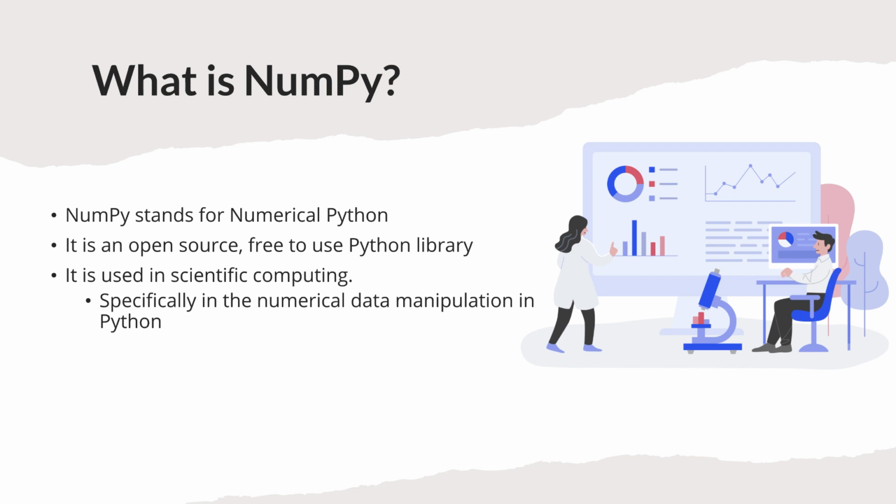Let's say you want to understand the customers' behavior and the average spending of customers in the age group of 20 to 30. So now you can understand that you need to perform a lot of data operations in order to get the average spending of, let's say, a million users. Now to do this, you want a library which is fast enough and which also has a feature-rich API so that you can perform any required mathematical operations on top of it. So that is when you make use of NumPy.